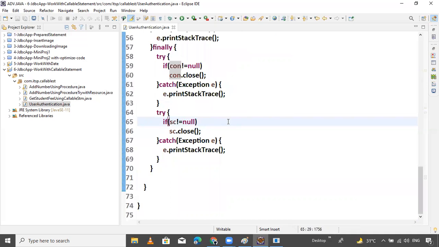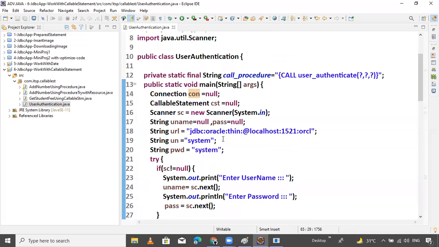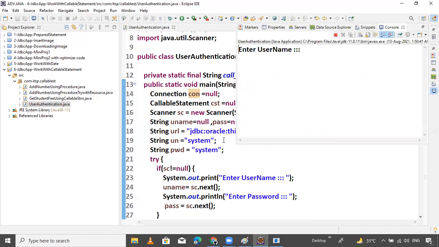So now let's run our application. Fingers crossed, guys. Now enter the username. Let's check if any users are there inside our table.